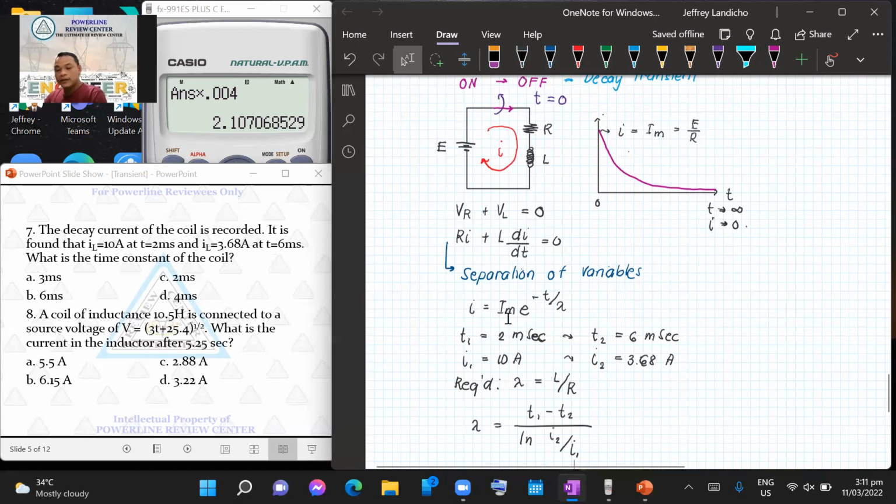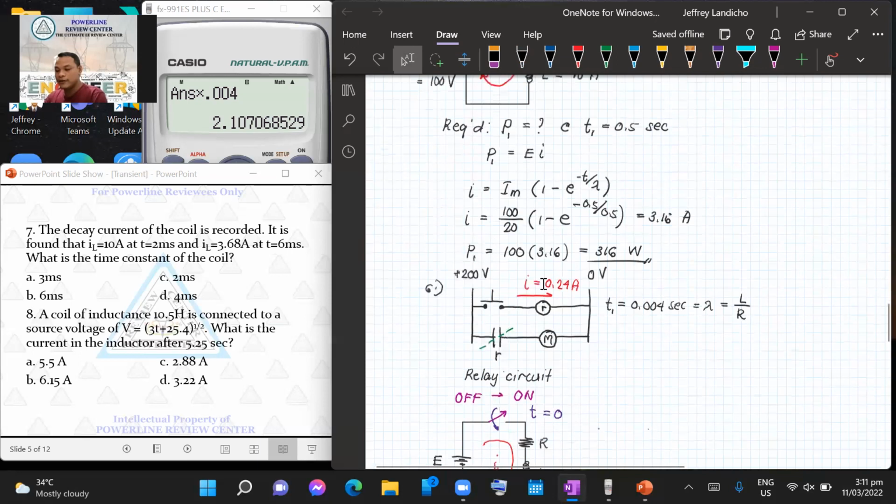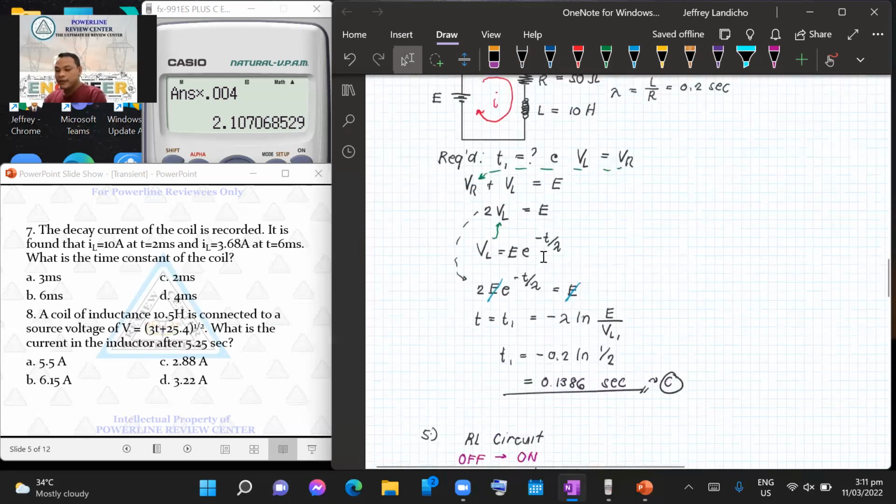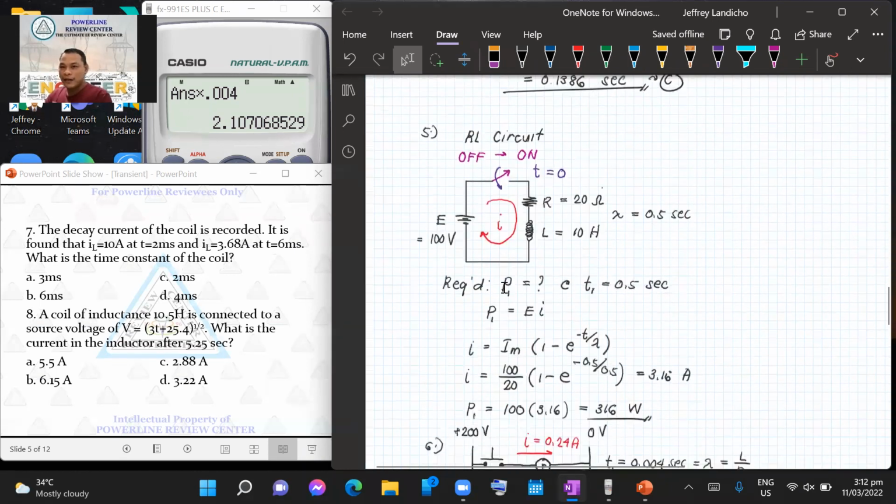This equation is just similar to the voltage across the inductance. If this is V sub L, this is the source voltage in our initiation. We already used that equation. Here it is. See, the equation of our V sub L is just the same as the decay transient. So when we take the value of lambda,